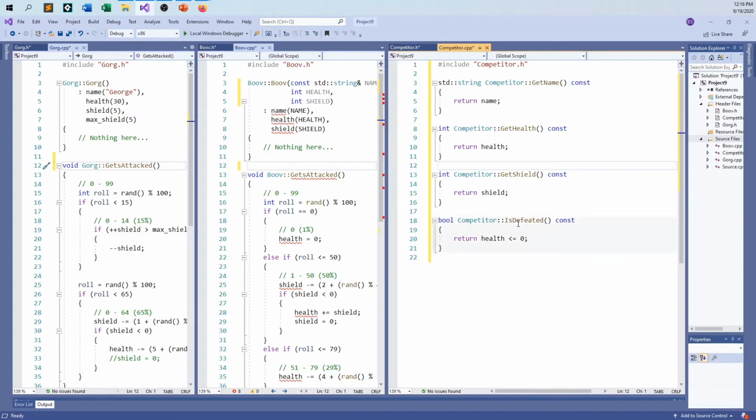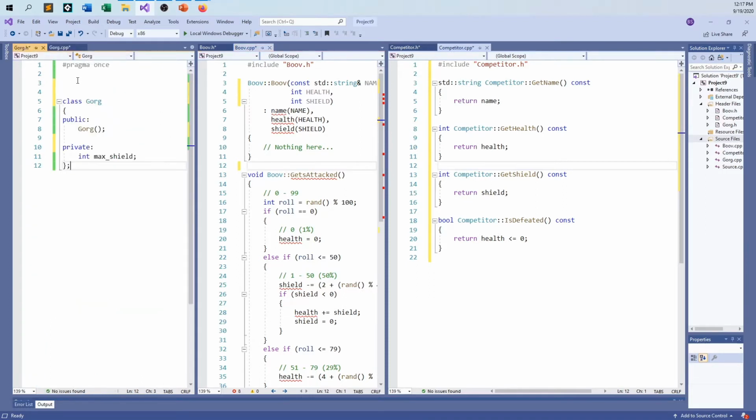And so it's still screaming out all these little things here. Things are wrong, things are wrong, things are wrong. Everything is wrong, because now the Gorg and the Boov know nothing. So name is not a non-static data member or base class of class Gorg. So we're moving stuff around, but the one thing we haven't done is tell the compiler, tell C++ here, that the Gorg and the Boov are going to use the competitor class in any way. Right now, these are all three separate classes, completely separate from one another, and they know nothing of how they interact. So we have to fix that